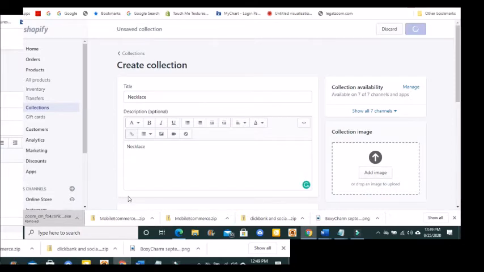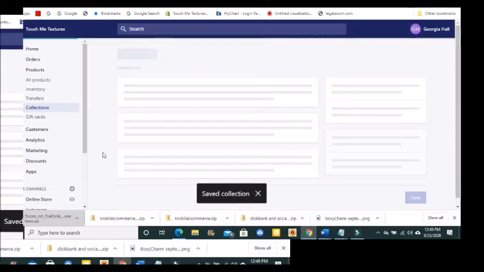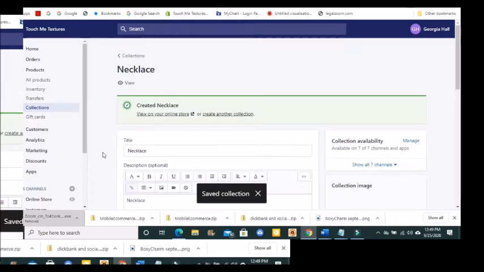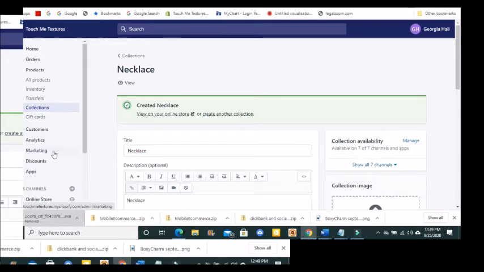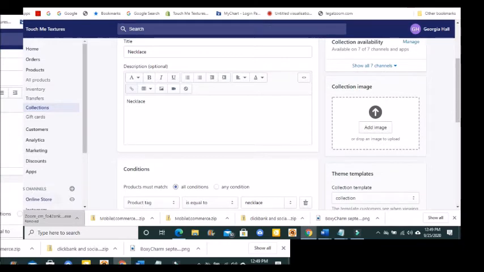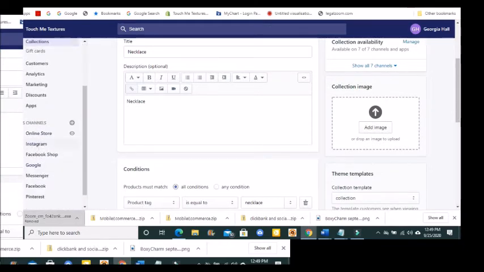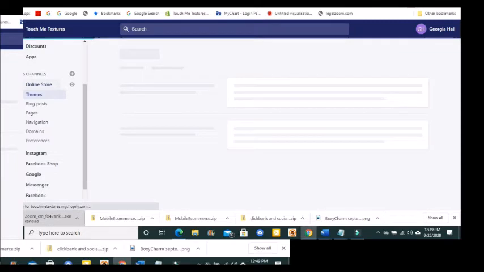All right, now we're going to add all this to the main page. And we're going to make the main tab jewelry, and then we're going to make the other two as drop down tags. So the way you get over to the main page to add this now, after doing that, you scroll down over here to the left and you click on online store. Don't click on the I, click on the little store signal, because you're going into